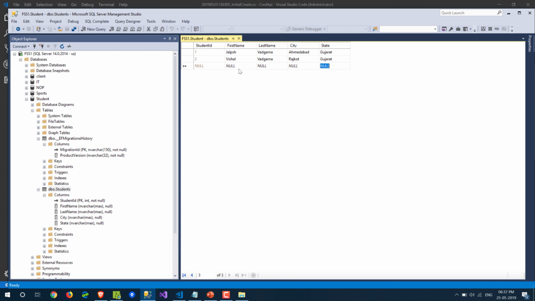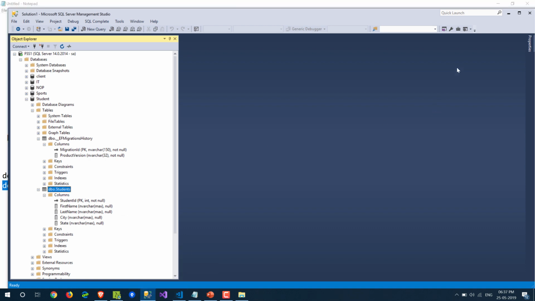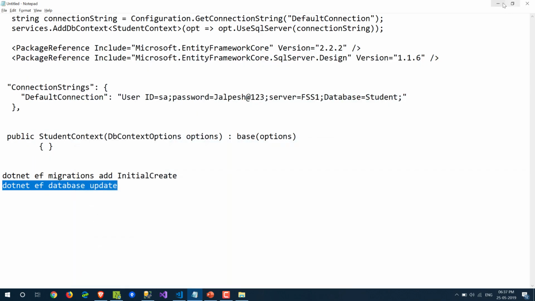Okay, so we are done with inserting our record. We are going to insert with Entity Framework Core, but that will be a topic for the next video. For the time being, I have inserted the records there. Now let me go directly again to my Visual Studio Code,